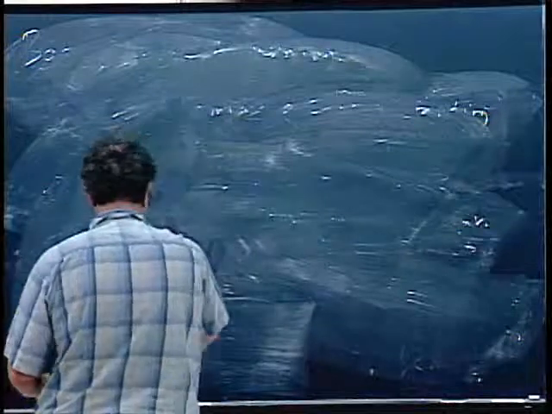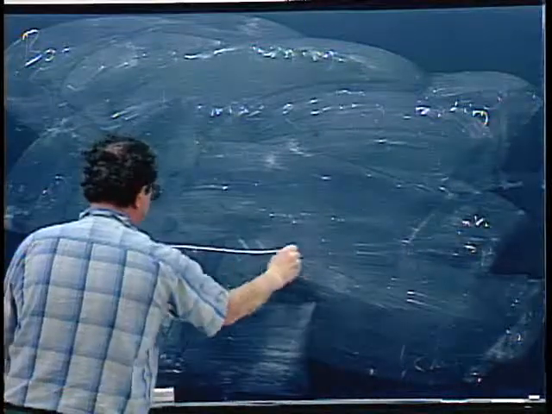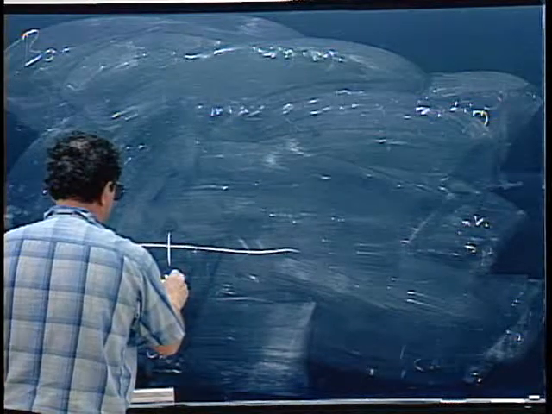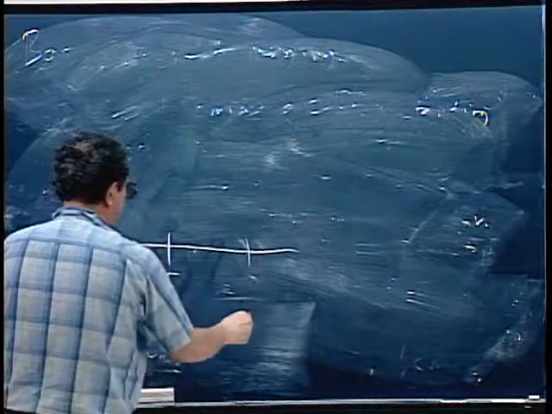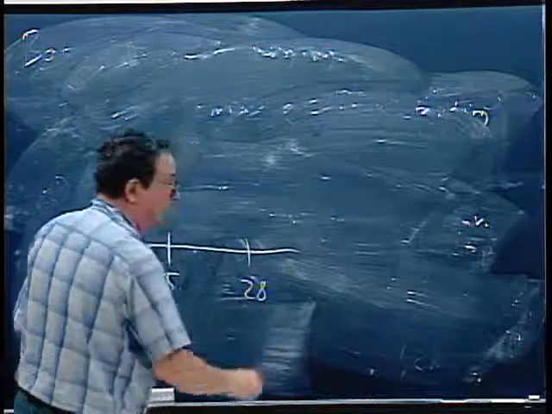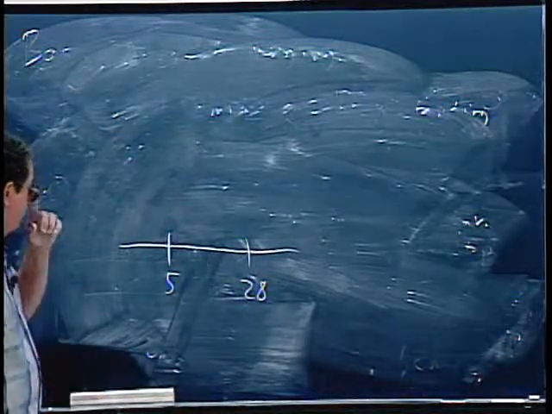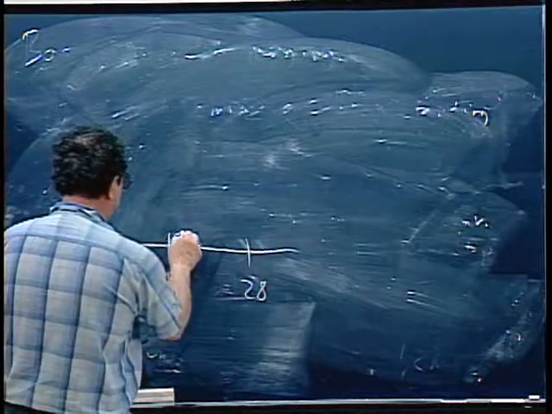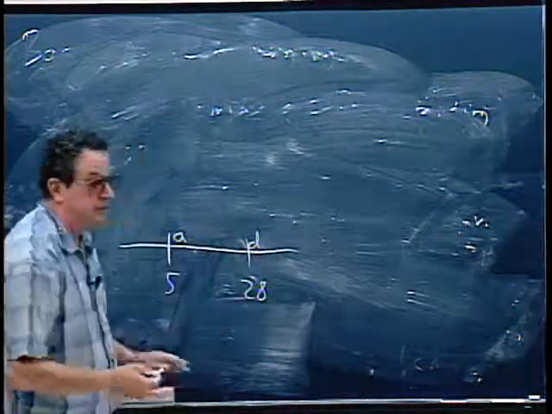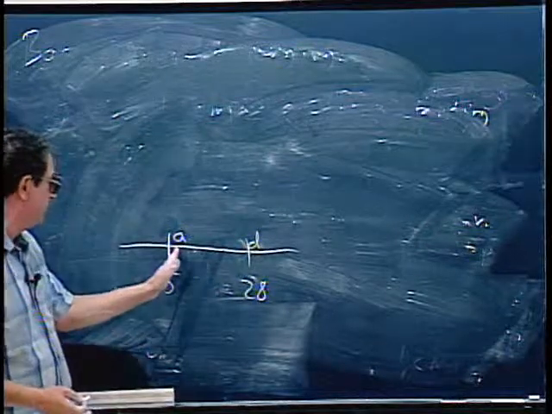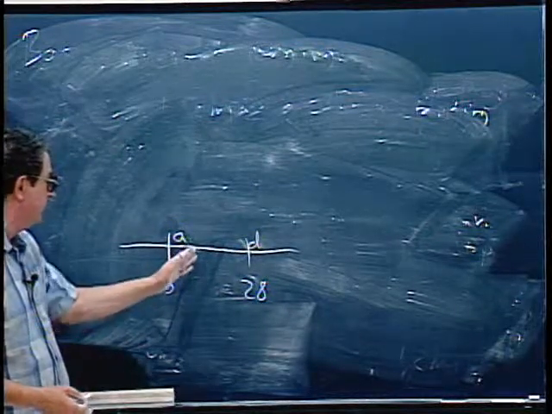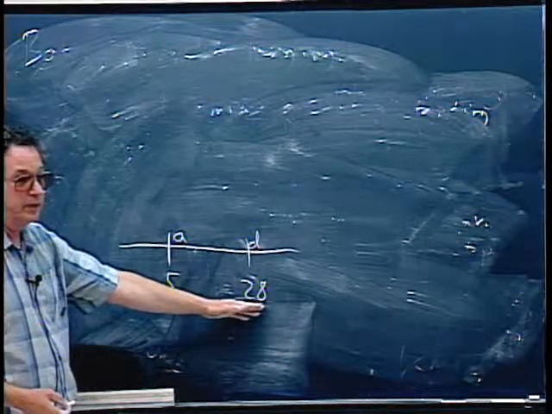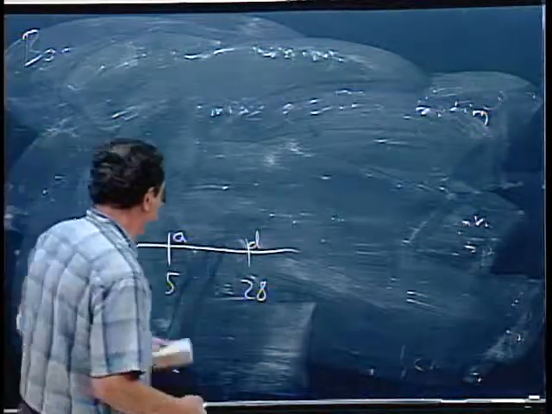So in general, you're looking at two suffixes, one that begins at an odd number, let's say 5, and one that begins at an even number, 28. And you want to merge these two. So again, you look at the first character. If they're different, that's great. You know that the suffix that begins at position 5 is going to be lexicographically smaller than the one that begins at 28. That's fine. But if they're equal,